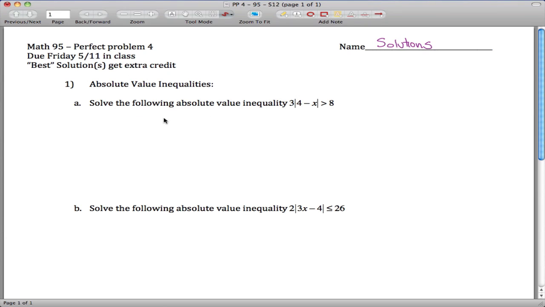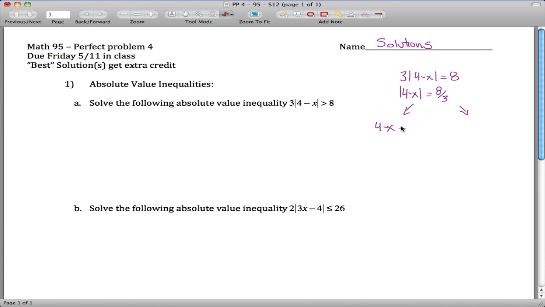Perfect problem for solutions. We're asked to solve this absolute value inequality. The way we do that is we'll first look at an absolute value equality and try to solve this guy here. And we can solve this, get the absolute value all by itself. And then the way you can get rid of the absolute value is by considering two cases, either